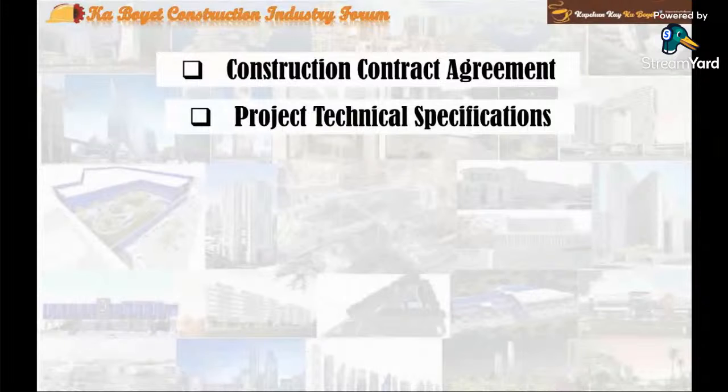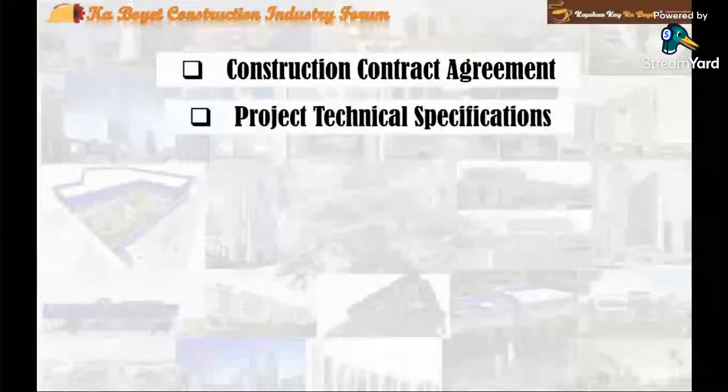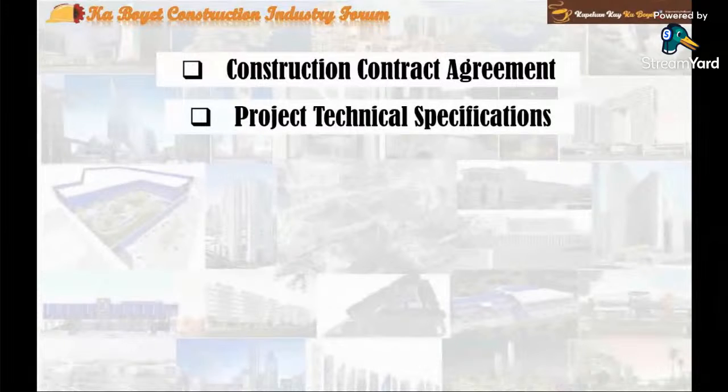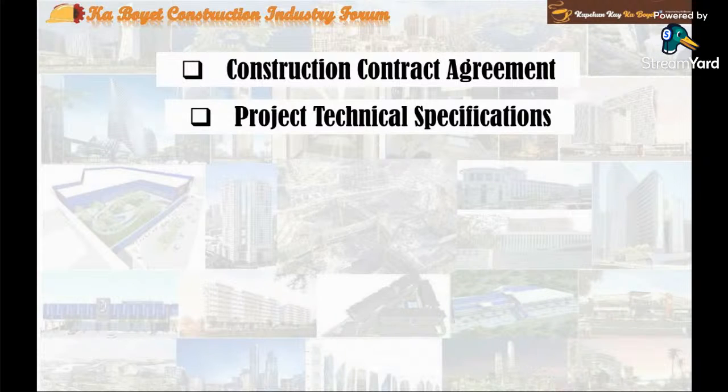Number two, the project technical specification. The project technical specification are the details for the work that needs to be completed in a construction project. These details includes information such as materials, the scope of work, installation process, and quality of work. All works in the construction project are categorized by division in the project technical specification, and each work division are breakdown by sections. The division section contains the following parts: the general information part, the product information part, and the